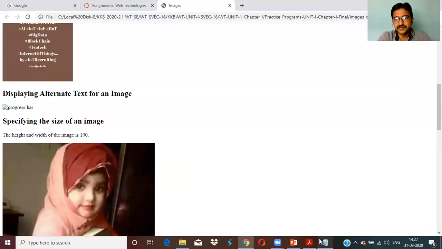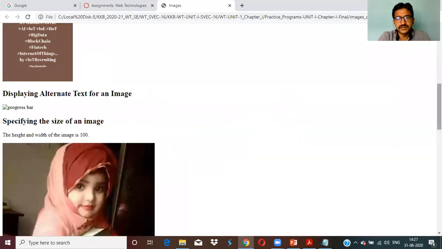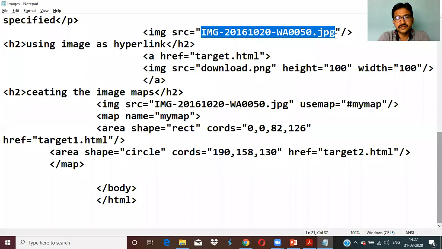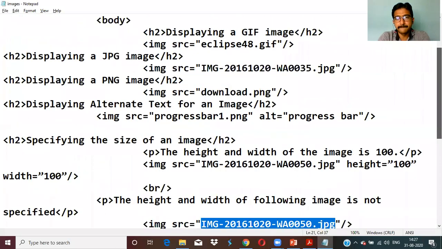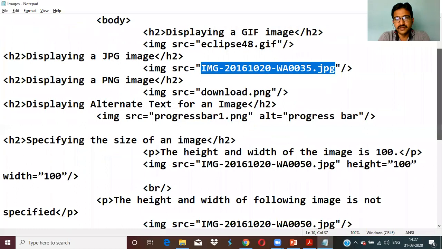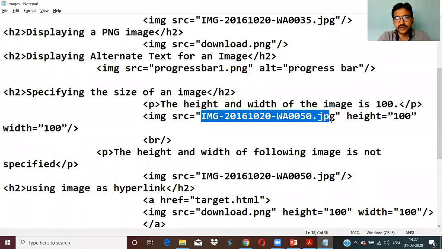Now what I'm doing here is I just want to change. Let me see. Download.jpg. Which one is it, yes, the second one. Displaying a JPEG. What is that? This one. So what I will do here is I will keep this height and width. Instead of that, I'm going to use this. It will be good because